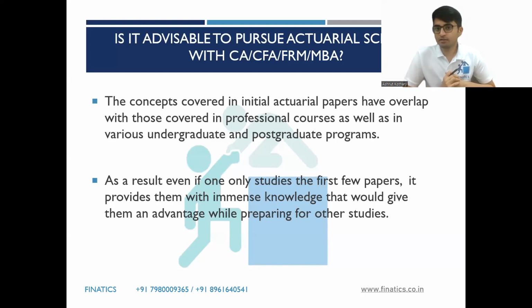Different courses test different things. I will just say from my personal experience, I do have some idea regarding what all is taught in these other courses as well. Actuarial science is a way more holistic course because it has a lot of other content as well compared to others. Others will be a lot more specialization. CA might be with respect to taxation, audit, even finance. I mean, obviously there are different subjects. CFA is a lot more to do with finance and all. FRM is more of financial risk management. MBA obviously depends on what you want to get. It's kind of a post graduation thing which a lot of you will do, with specializations like marketing, operations, finance, data analytics. So it depends. Nothing is inferior, nothing is superior.